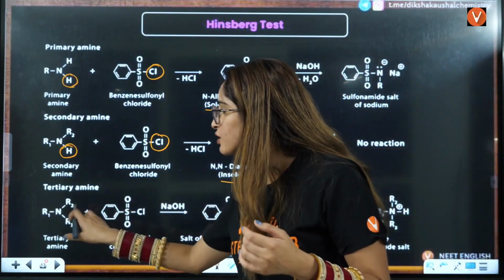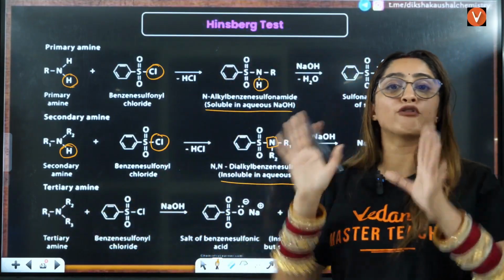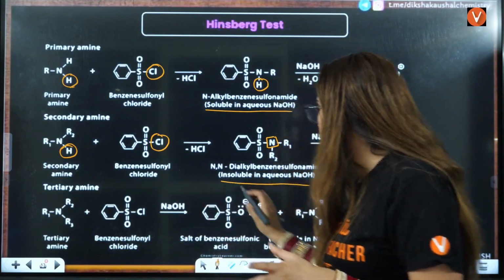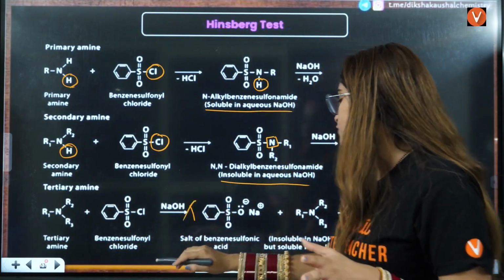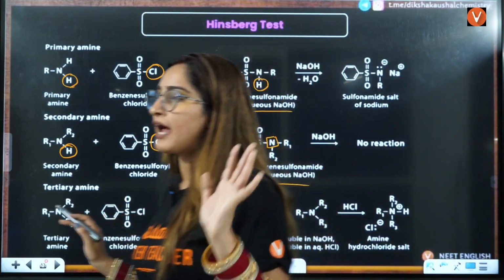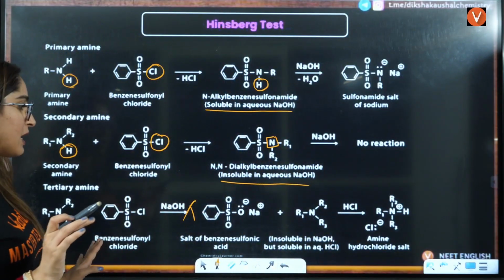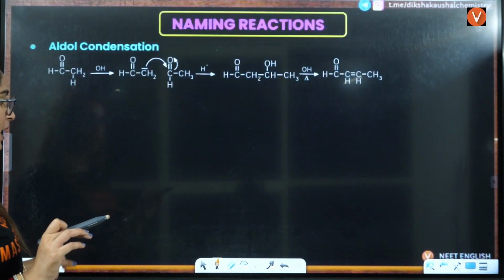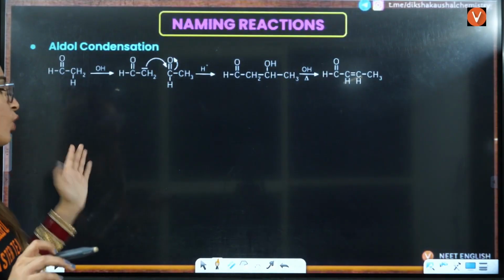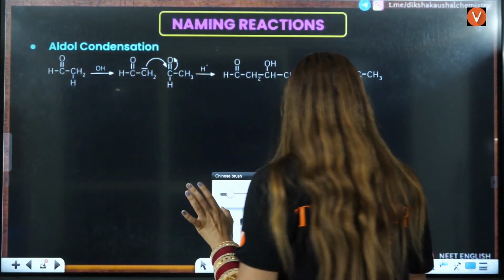But 3°, because there is no hydrogen attached to nitrogen, it will have no reaction here. Hence, it will be no reaction. So, different reaction only it is going to give you, right? Okay. Next we have is aldol condensation, which is a very important